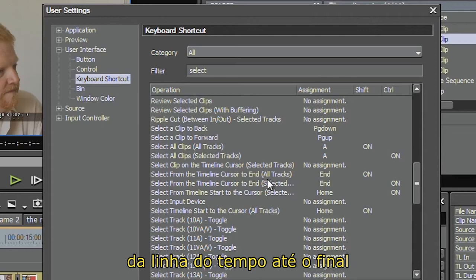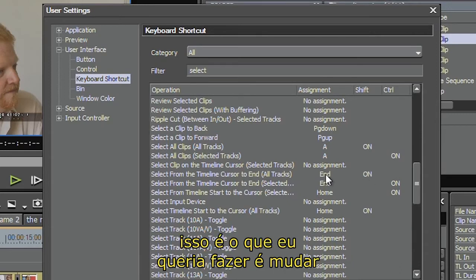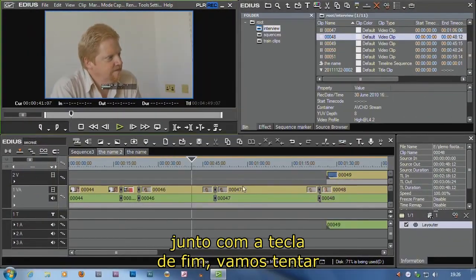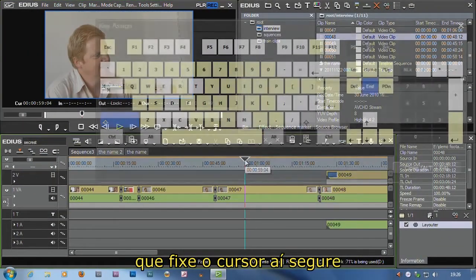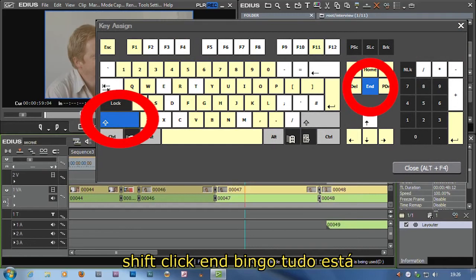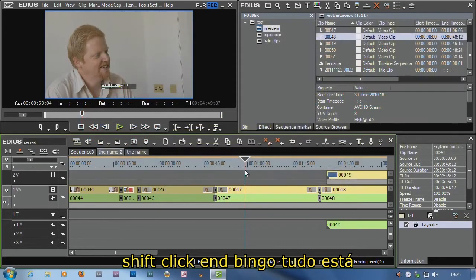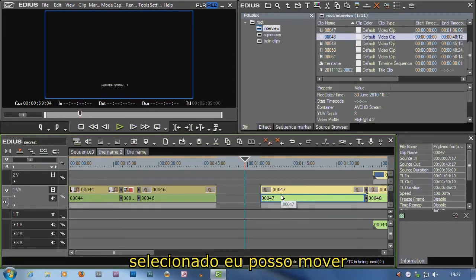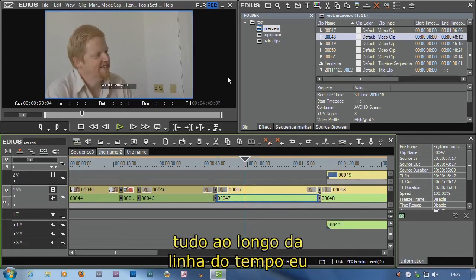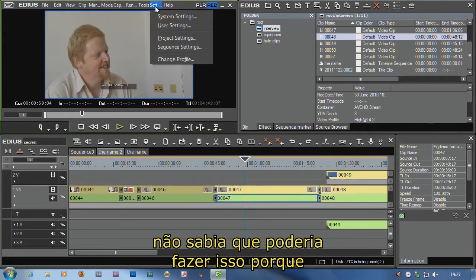That's what I wanted to do. That's Shift together with the End key. Oh, let's try that. Stick the cursor there, hold down Shift, click End. Bingo! Everything's selected. I can move it all down the timeline. I didn't know I could do that because it's not in any of the menus, but it's there,